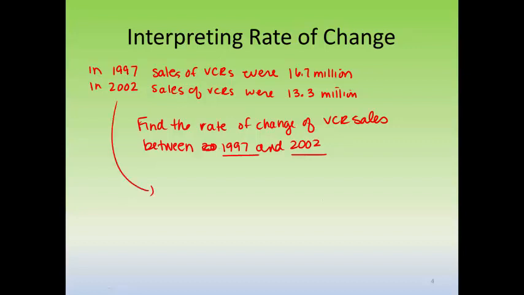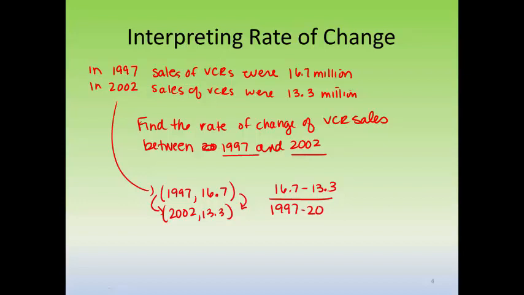Well, time is always our independent variable. So that means that I would have my independent variable 1997, comma 16.7, and then 2002, comma 13.3. And we would go ahead and use subtraction. So this would mean if I did 16.7 minus 13.3, and I have to keep them going in the same way. So if I did 16.7 minus 13.3, I have to do 1997 minus 2002. And this leaves me with positive 3.4 over a negative 5,